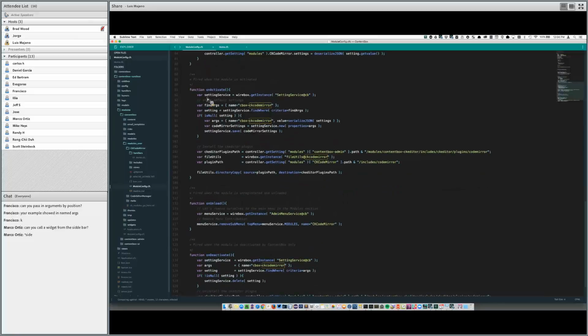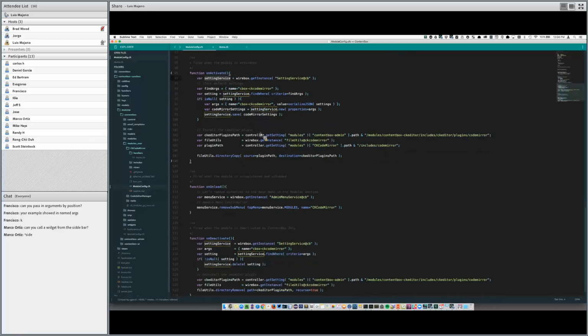All right, dig deeper. Here is the onLoad. So this is every time this module loads, what are we going to do? Well, I'm going to talk to the admin menu service, and I'm going to add a new menu to the modules called CK Code Mirror, and it's going to build a link to that Code Mirror module to the home.settings event. Handlers, home, and then settings event. Okay, cool. Then I'm going to look for my CK Code Mirror and make sure that the settings are available. So it will grab them and make sure that there are settings inside of ContentBox, and if not, it will create them for you.